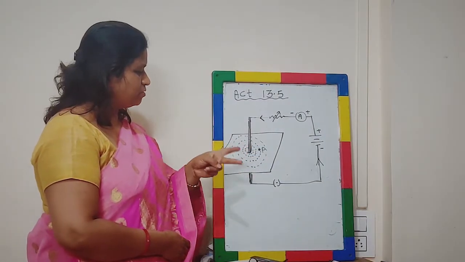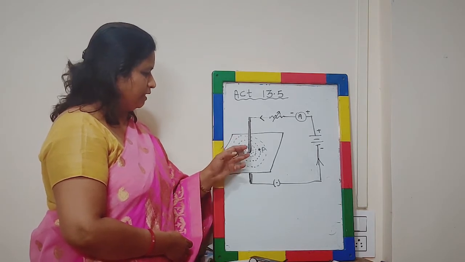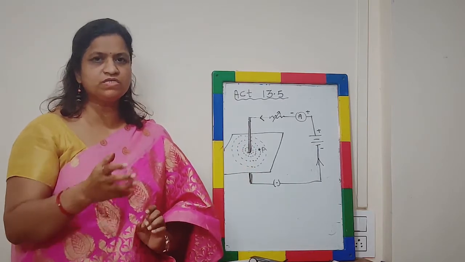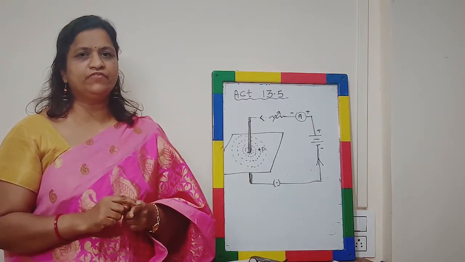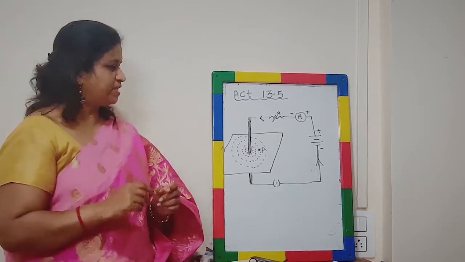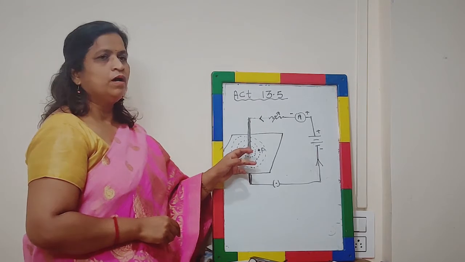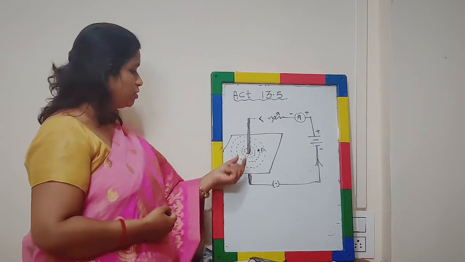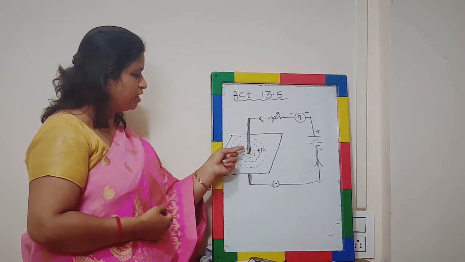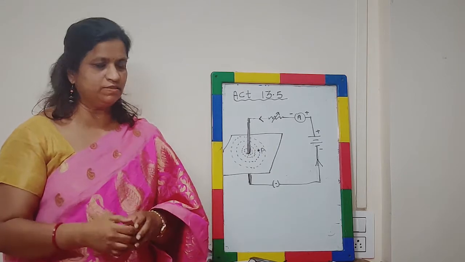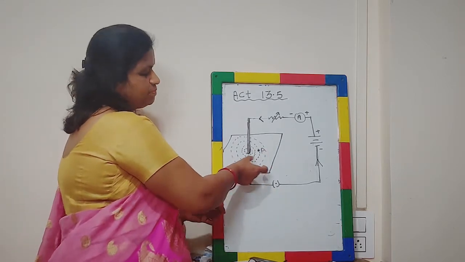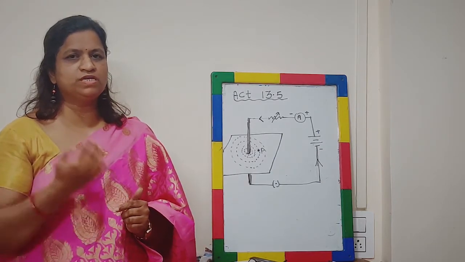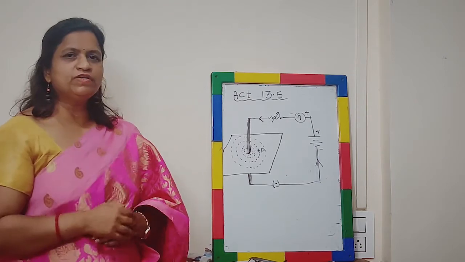So we discussed two points here. First, these dotted lines, or iron filings lines, or concentric circles represent the magnetic field lines. Second point, these concentric circles show the strength of the magnetic force. The circles are very close to each other near the conductor, where the magnetic force is maximum. As we go away, the distance between two circles goes on increasing, so the magnetic force goes on decreasing. So we discussed these two points.